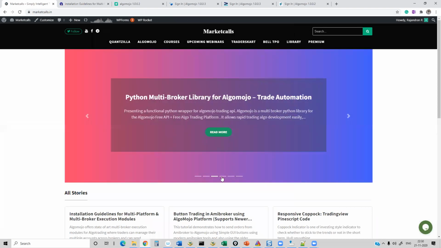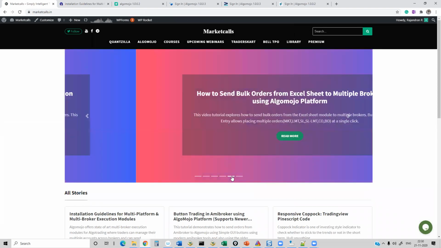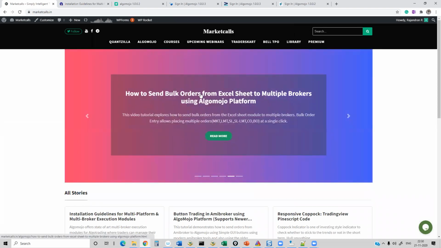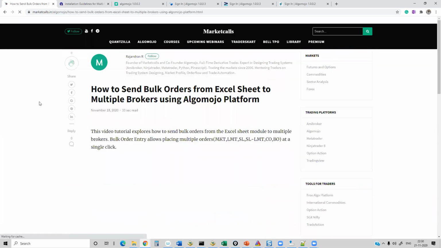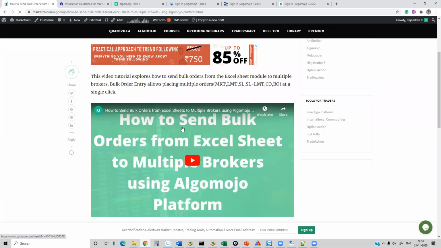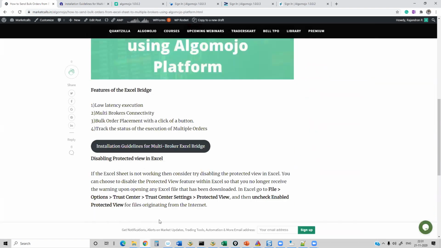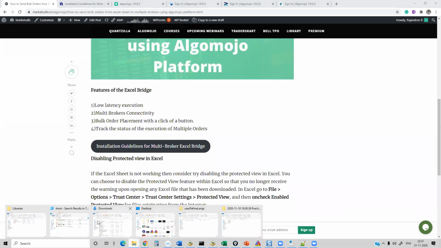I think there is an Excel tutorial over here: how to send bulk orders from an Excel sheet to multiple brokers. The video is also there in the portal, on how to use this Excel sheet. So basically the Excel sheet, once you're done with the bridge installation,